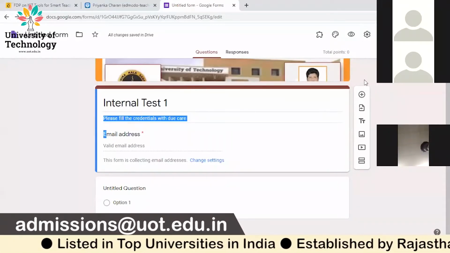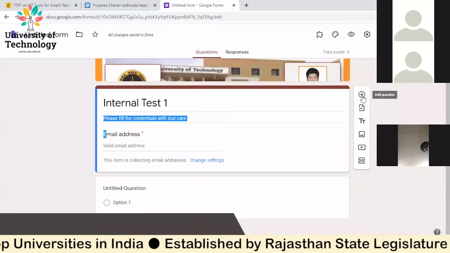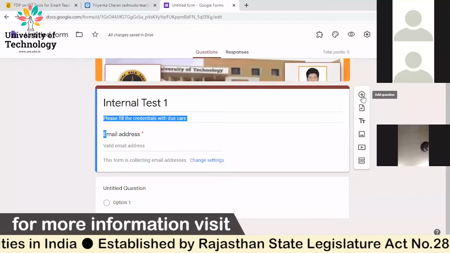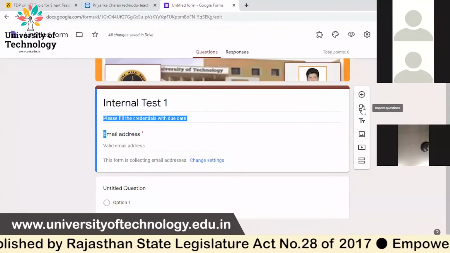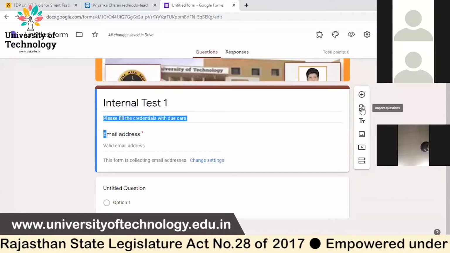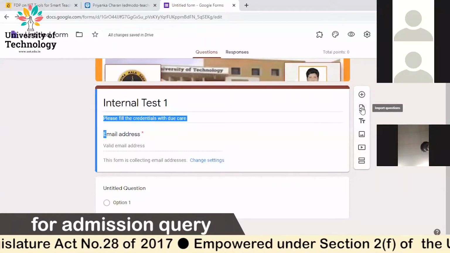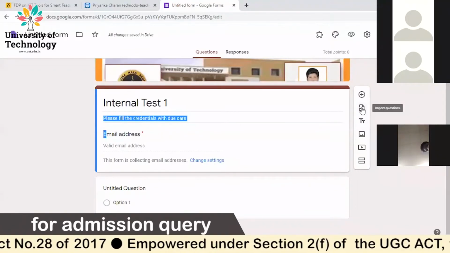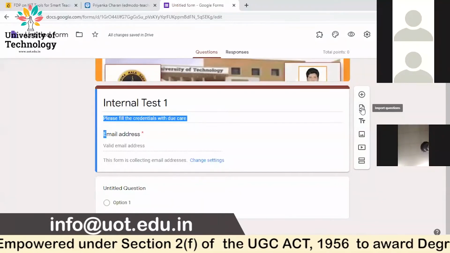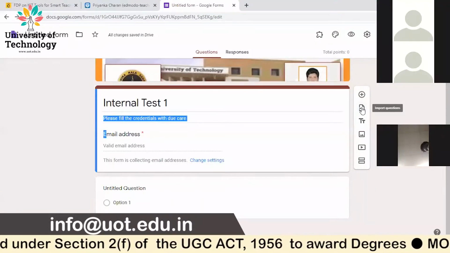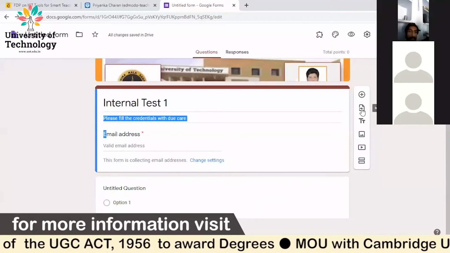Now look here on the right, you have options. This option lets you add questions one by one. Am I clear to you? And this option is to import questions. This import question option enables you to import questions that are already available. For example, if you have forms ready in your account already, you can import a few questions from those forms.